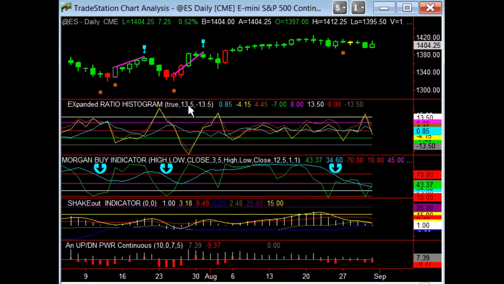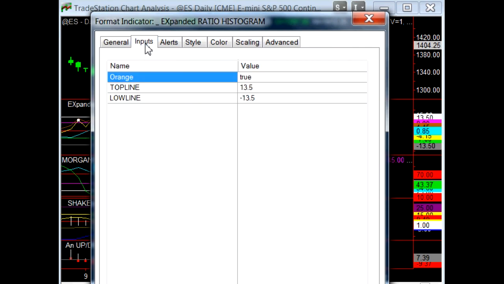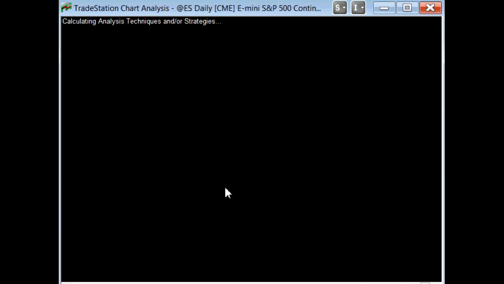And I think the easiest way to do it is to give you a brief view as to some of the inputs that are associated with it. The easiest way to do that on TradeStation is just to right-click it, and we click Format. In this particular case, for the expanded ratio histogram, all you have is this little line here that says orange and true. If you were to put that as false, and let's just go ahead and do that for the sake of argument, so that you can see it work,